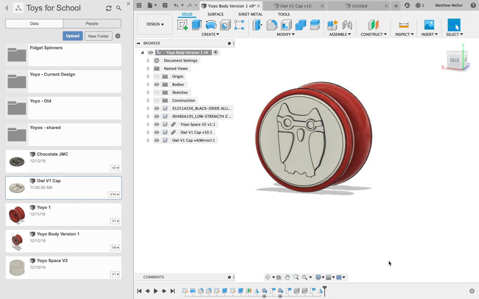Hi guys, so today we're essentially going to trace over our drawings to make the insert for our yo-yos. We're going to do it a couple of different ways. You can see the one that I've made. It's a little bit ugly, so I think we'll do it this way, then